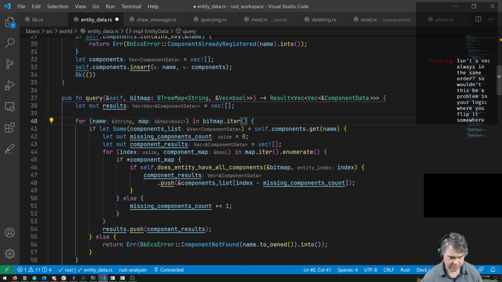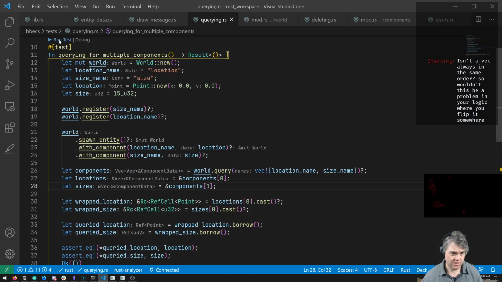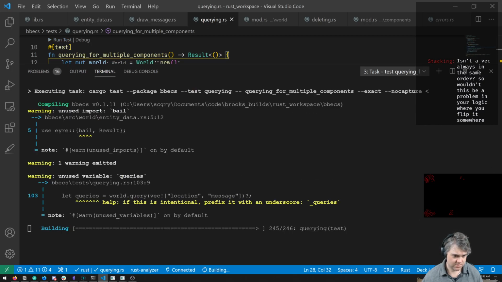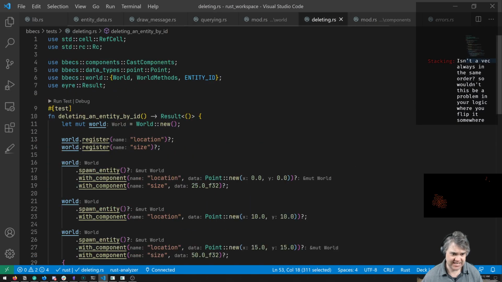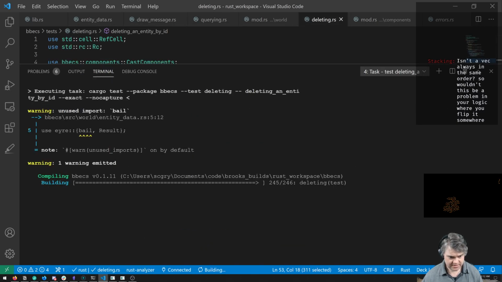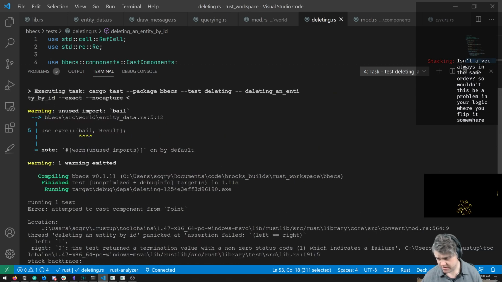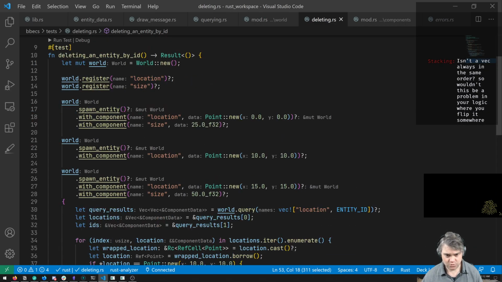If I remove the reverse there, I believe this makes it work here. Now it works there, but now if we go back to deleting and we run it, now it fails here. And I don't understand why.